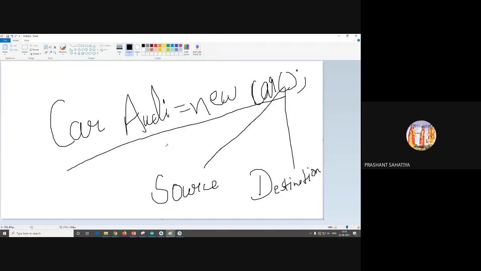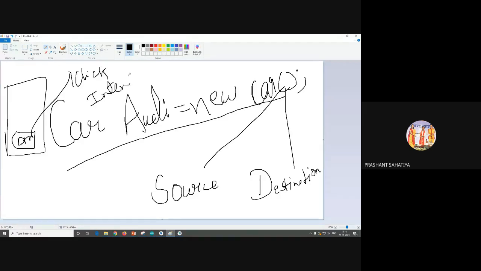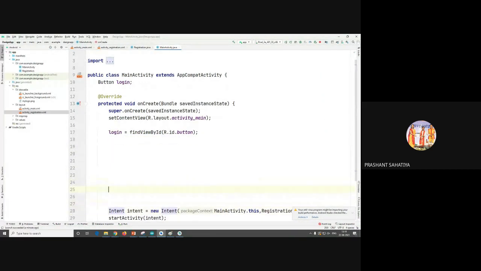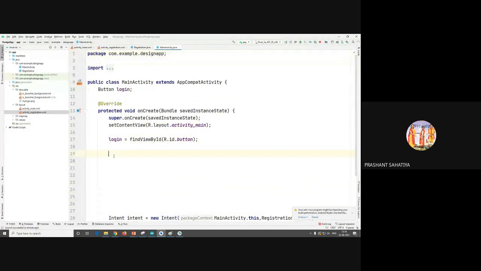I forgot while teaching you. What we wanted as logic, there was one button, and on that click the intent should perform. We wrote it as it is, so that is the mistake. So I'll remove this here. I'll come to this particular portion.